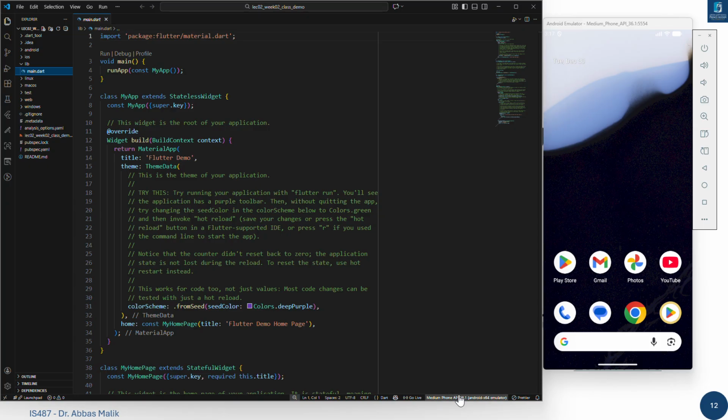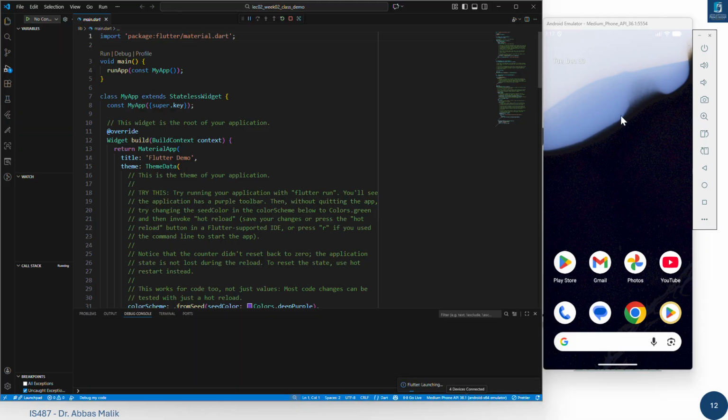We have 4 different devices connected. We can connect with Chrome, we can connect with Edge, we can also develop the Windows desktop application. But right now we have selected this Android virtual device. So I click on that, and then if I click on this button, then it will start running that thing inside this